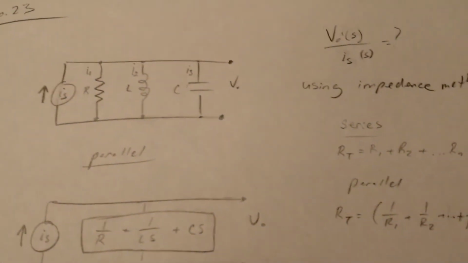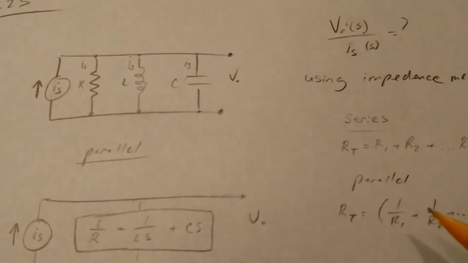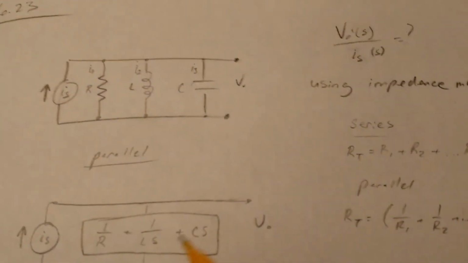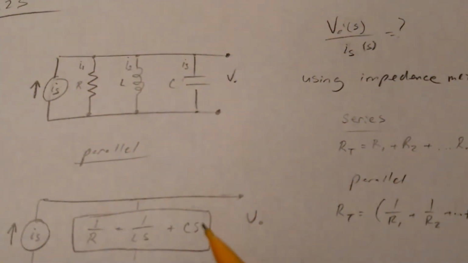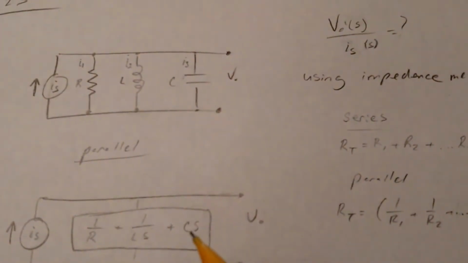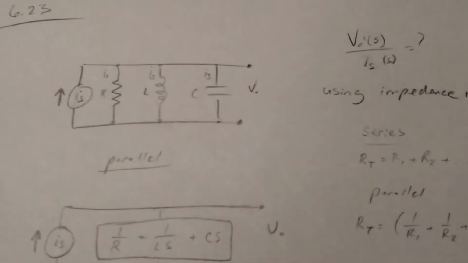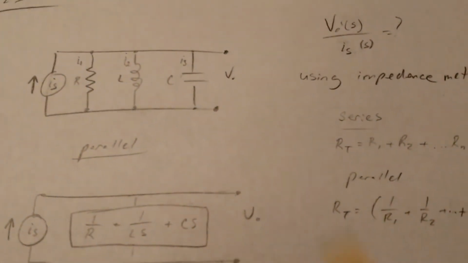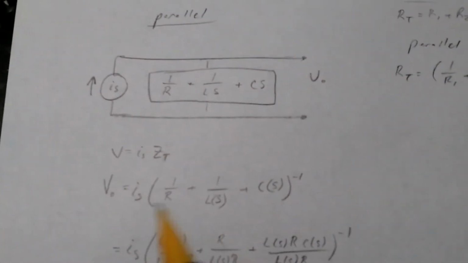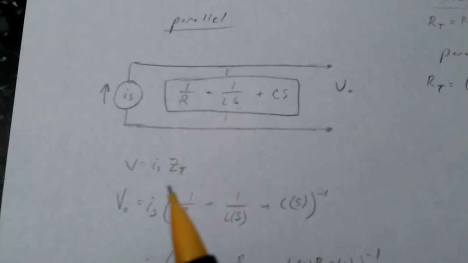As we take the inverse of the resistor and then the inverse of the inductor, normally the capacitor is inversed, but the inverse of the inverse is just the regular form. And so when we have that as our total capacitance, we can then plug that into the Ohm's law equation,